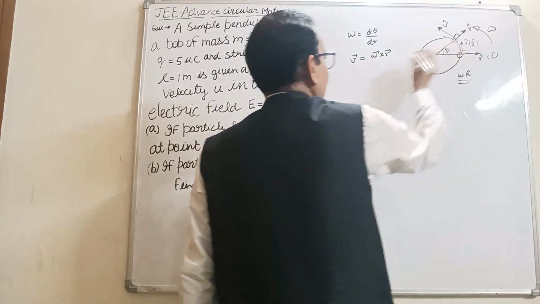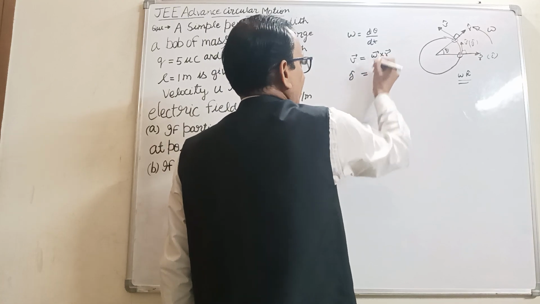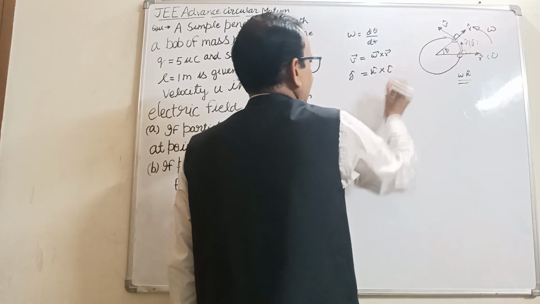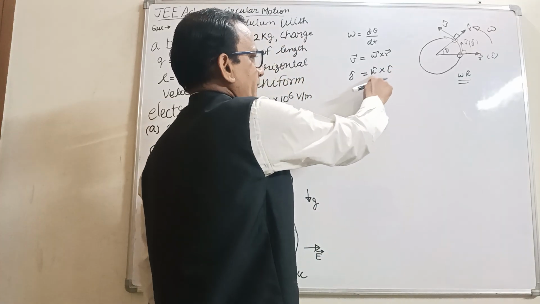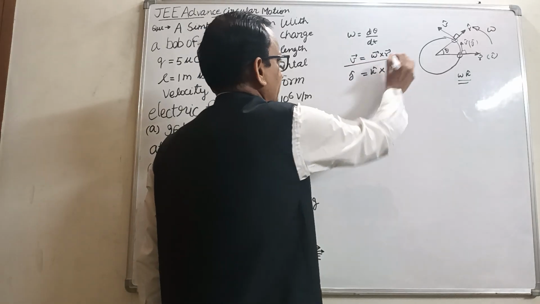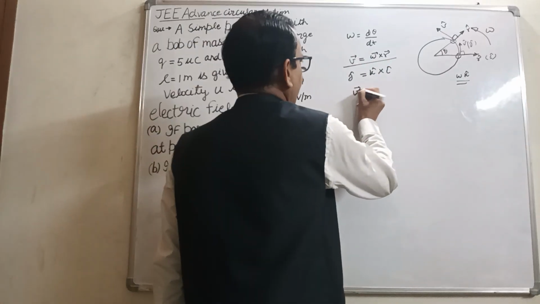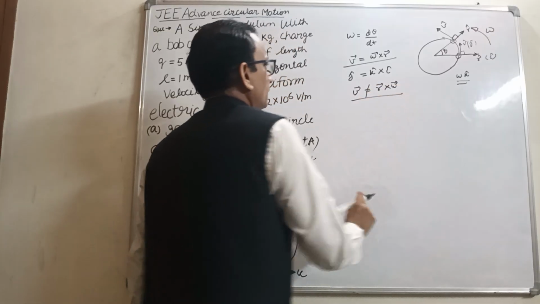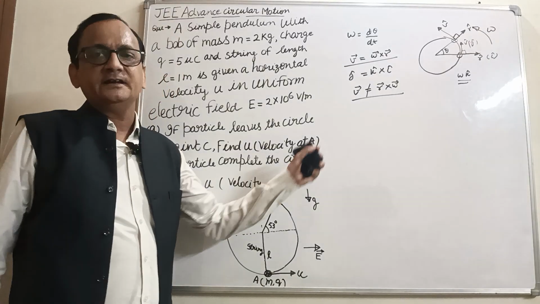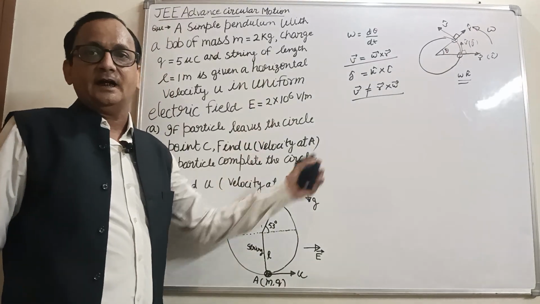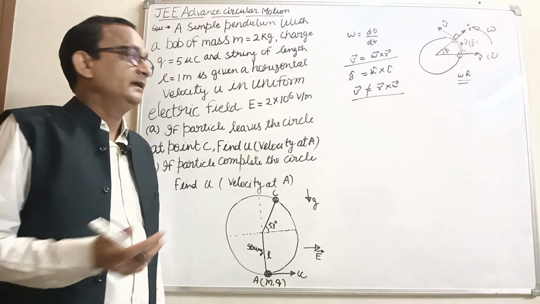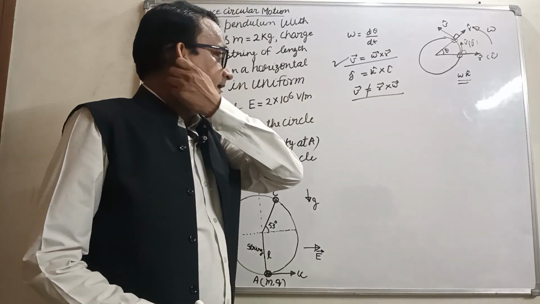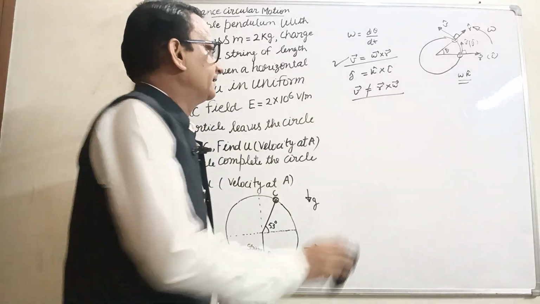So we write here the v vector is in j cap, the omega vector is k cap, and the r vector is I cap. So k cap cross I cap is j cap. This is correct. If we write v vector equal to r vector cross omega vector, this would be wrong. So this is the expression for the velocity. The relation between the velocity and angular velocity is this. So here we express the velocity and the net acceleration.